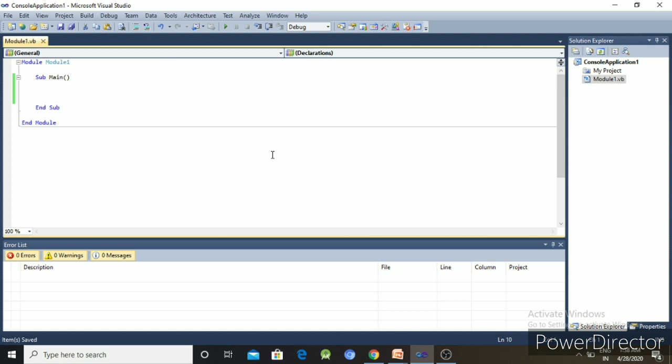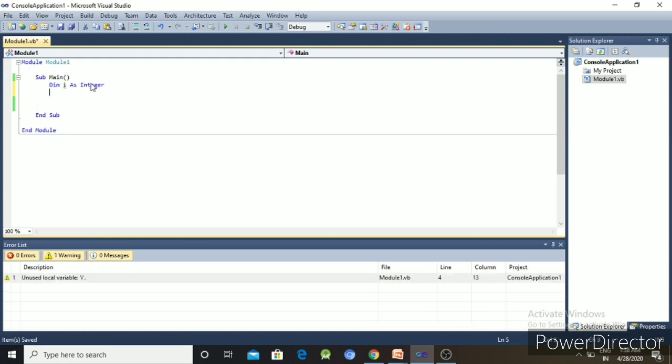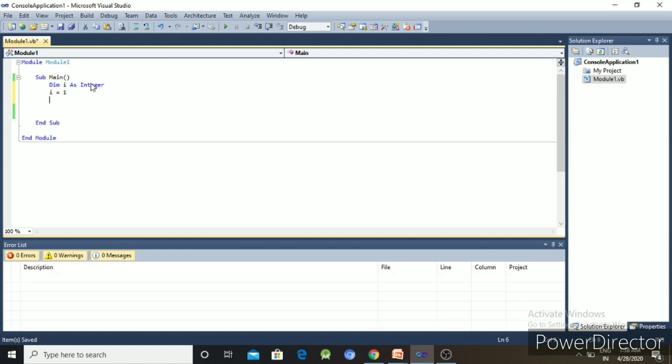Let us verify through an example. Dim I as Integer, I equal to 1, that is the declaration.